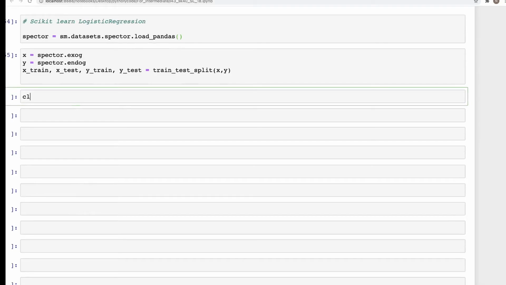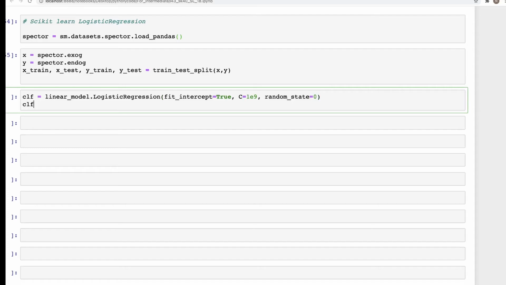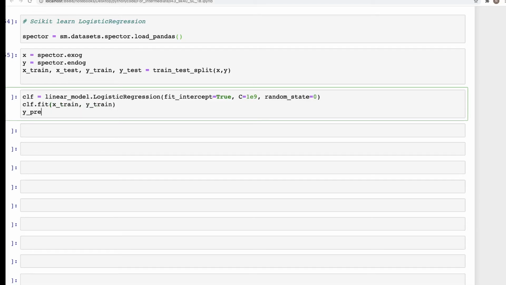And the next step is the same as we have done previously: linear_model, LogisticRegression, and within this I'm going to use fit_intercept equal to True, C equal to 1e9. The reason for this is to see if we can get values of coefficients closer to what we have seen for the statsmodel. And clf.fit is X_train, y_train, and then y_pred is equal to clf.predict,